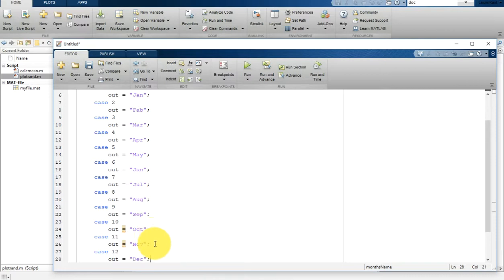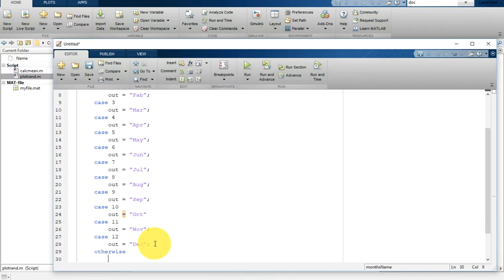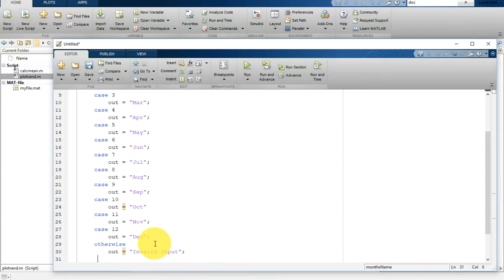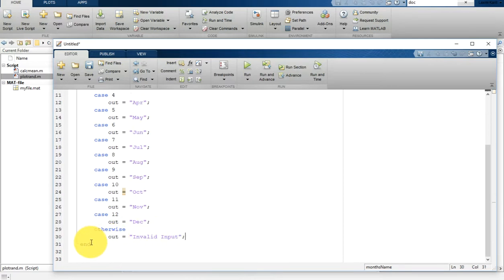And as a final case, that would be otherwise. In otherwise, out is equal to invalid input, you can say invalid input. So this is a very simple function